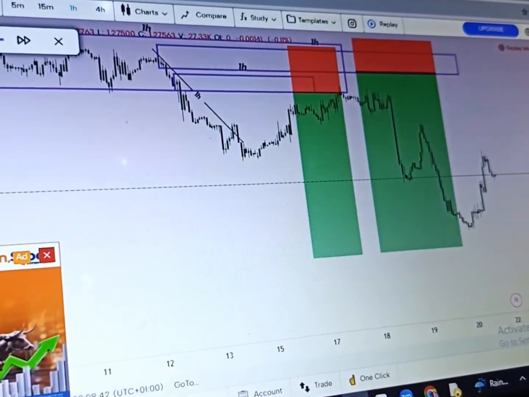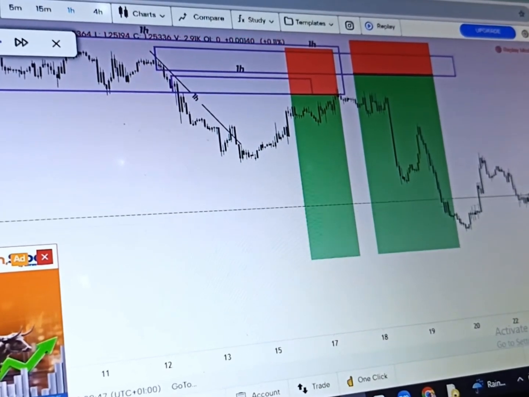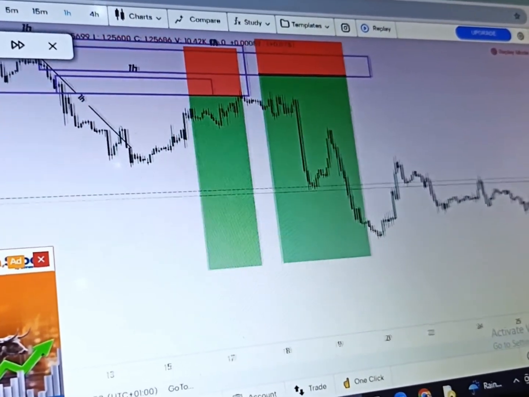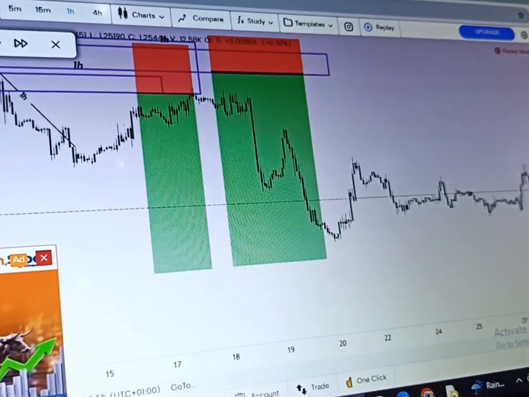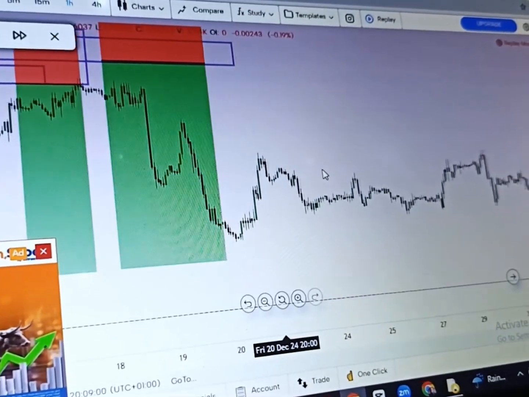All right, now let's continue to play this. The second entry did not pick. We only have the first entry that picked, and eventually heading over to the take profit level. So this is how you can trade this particular concept profitably